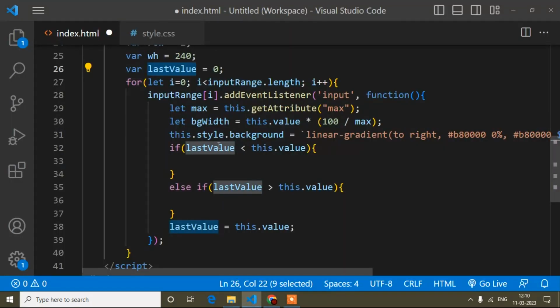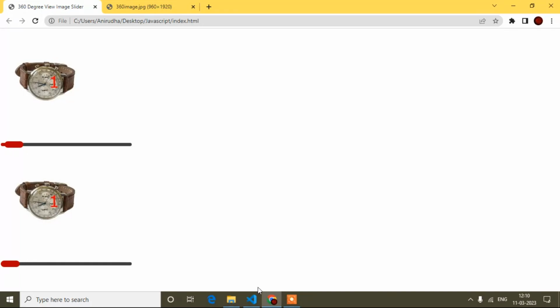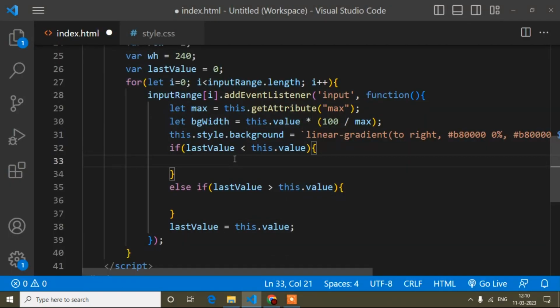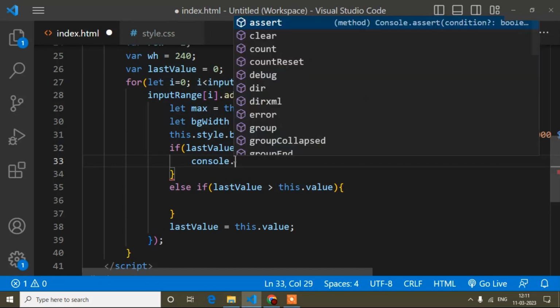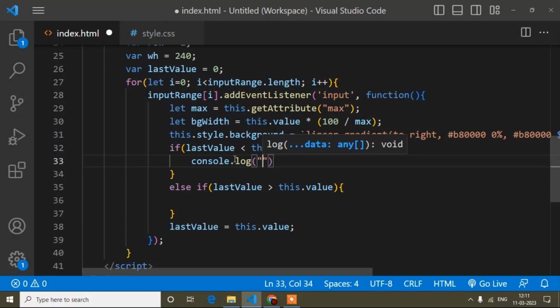So last value is 0 and this dot value is 1, because I moved the slider here. So 0 is less than 1, which means it is increase. Console.log, here I write increase.